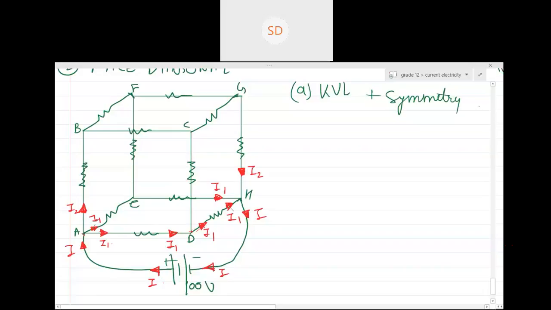So suppose if anything from this I1 had gone upward, would I1 come here? If any part of this I1 had gone to the part DC, would the current in the branch DH be equal to I1? Are you getting my point? So that is why we didn't send any current to the branch CD, and all of the current went through the branch DH and came back.